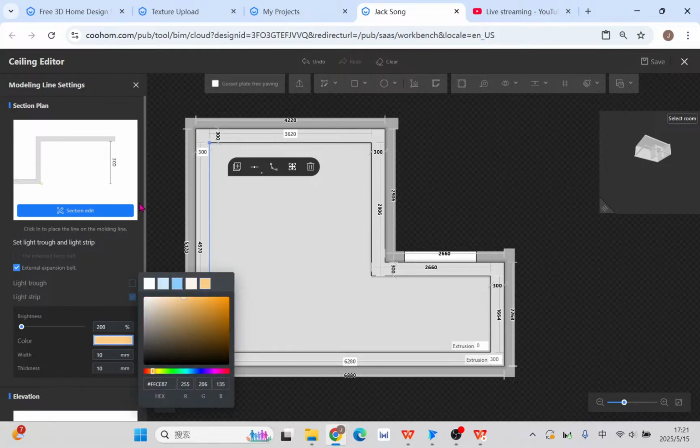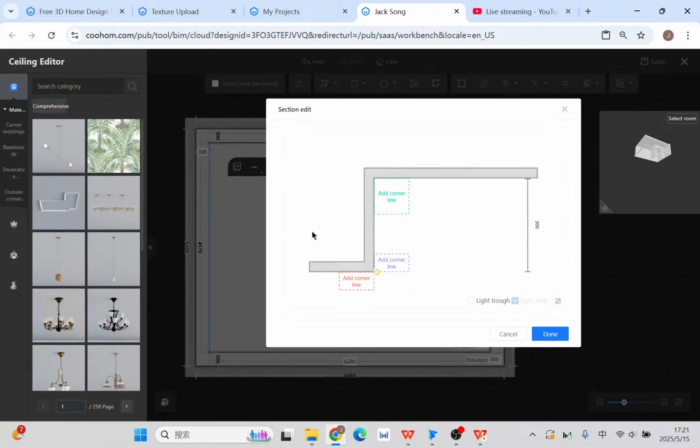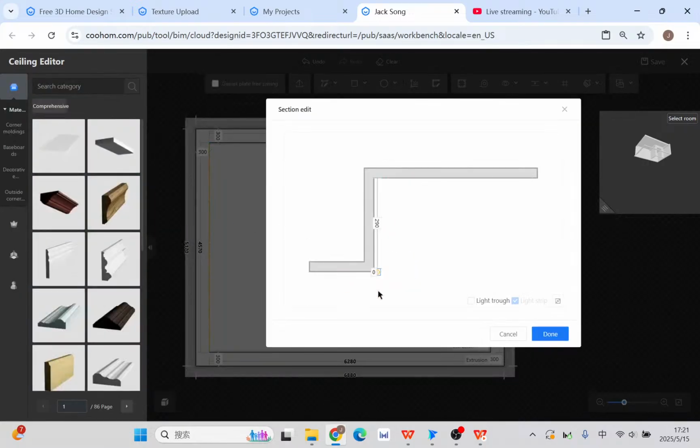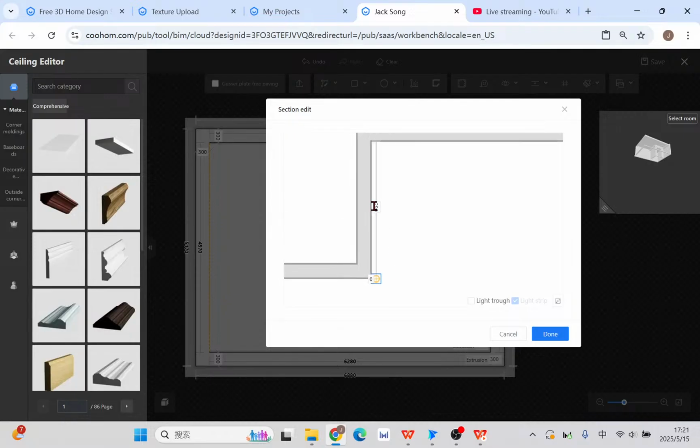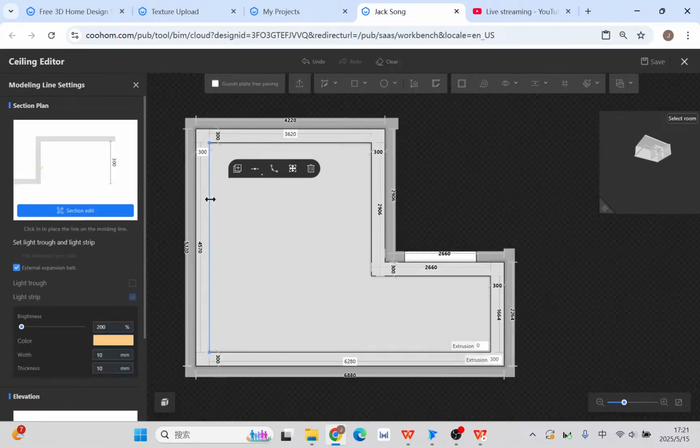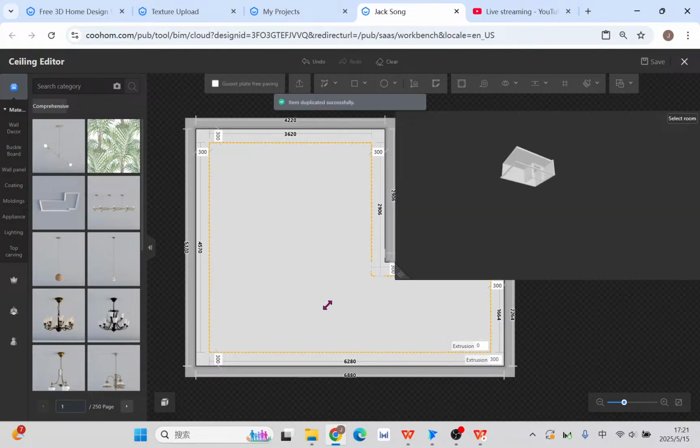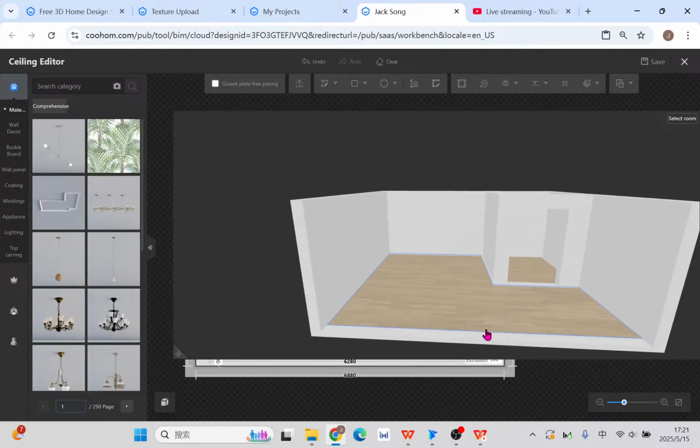Still color, then section edit, click this, okay, click this light strip, set it to a certain distance to the top ceiling. For example, let's set to 180 and then click duplicate. What you will have, you see,